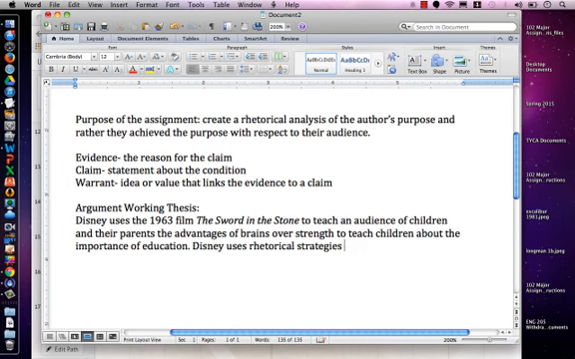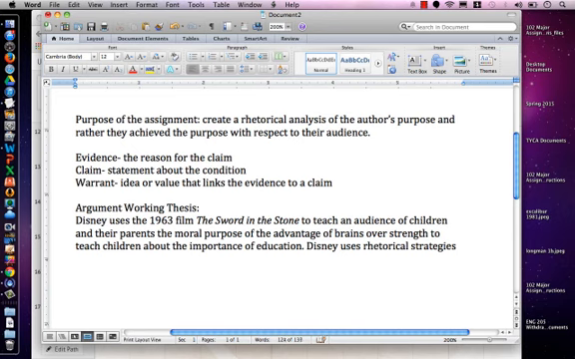Okay, so here's the first part of my thesis. Disney uses the 1963 film The Sword in the Stone to teach an audience of children and their parents the advantages of brain over strength, to teach children about the importance of education. So we'll have to revise this a little bit. It's a little wonky. The advantages of brain, how about if we change this, the moral purpose of the advantage of brains over strength, and then maybe we'll make a new